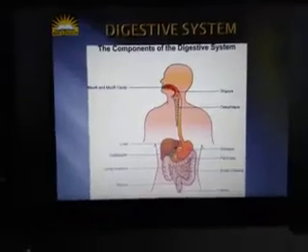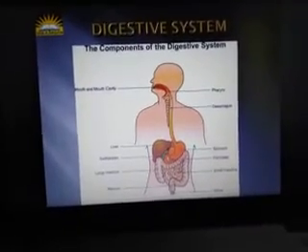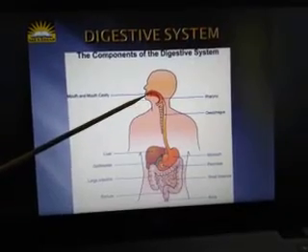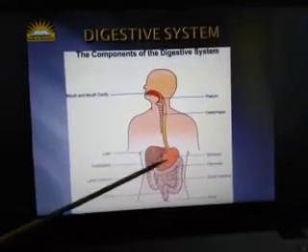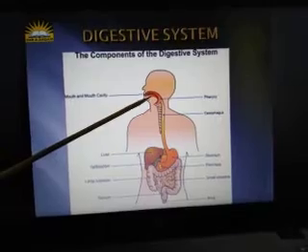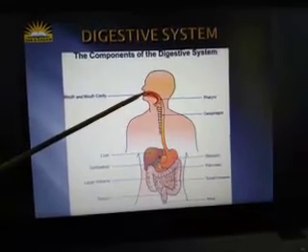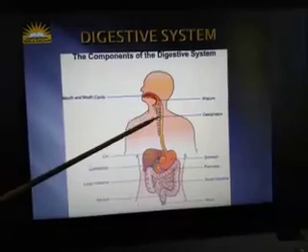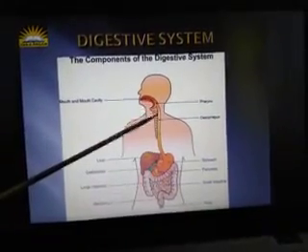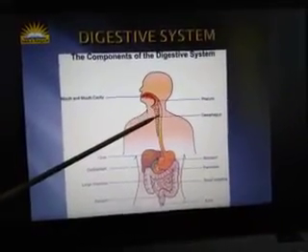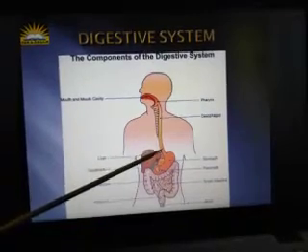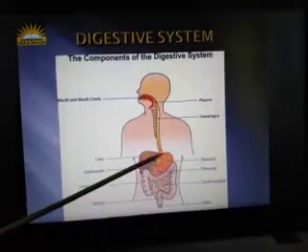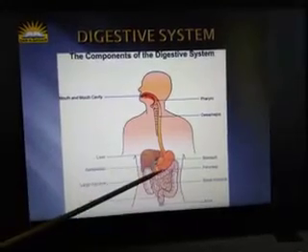Next is the digestive system. In the digestive system, you can see that this is our mouth. You can see the inside picture of our digestive system, inside picture of the mouth. We will eat food, we'll put the food in the mouth, we'll chew the food, and then food moves towards this pipe. This pipe is known as the esophagus, and the food after passing through this pipe directly goes into the stomach. Here you can see the picture of a stomach. Our human stomach looks like this.